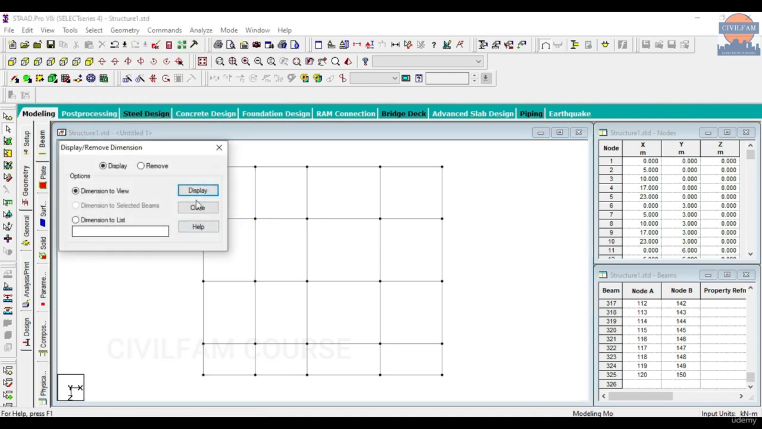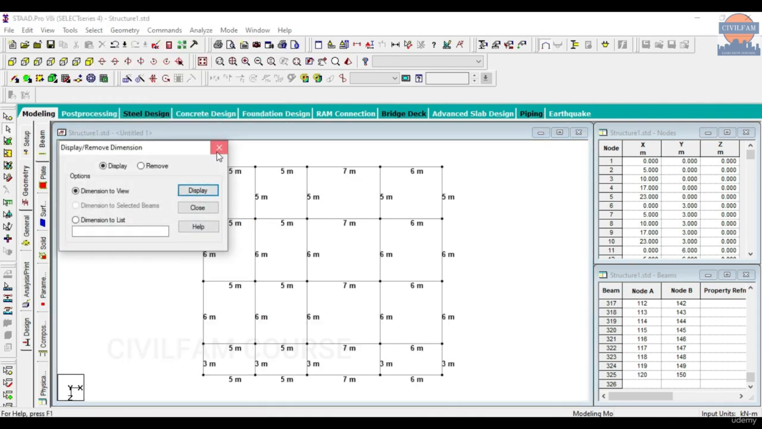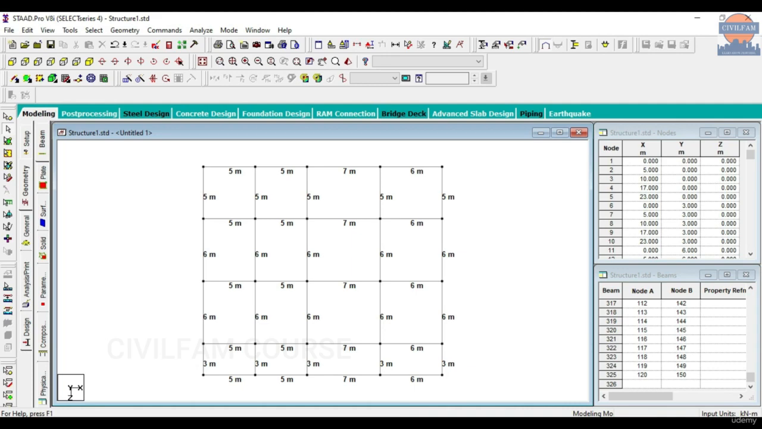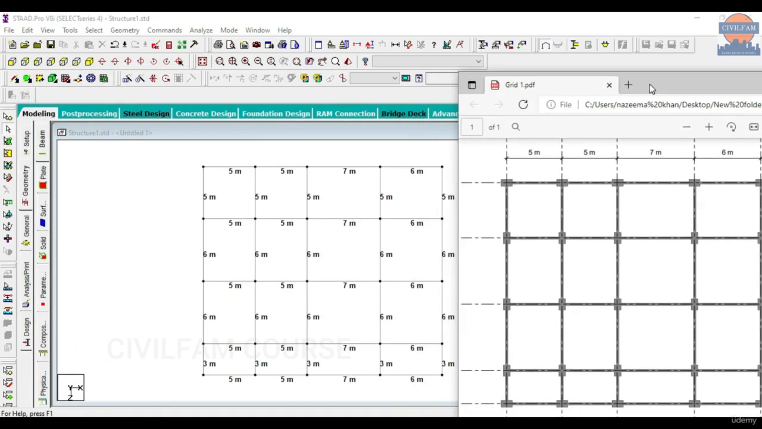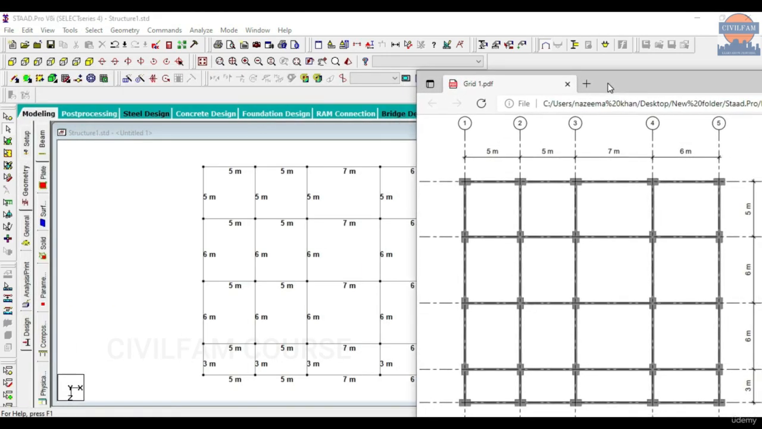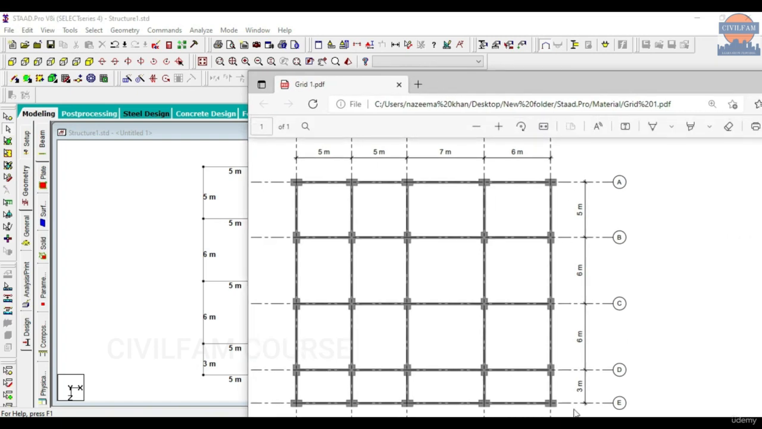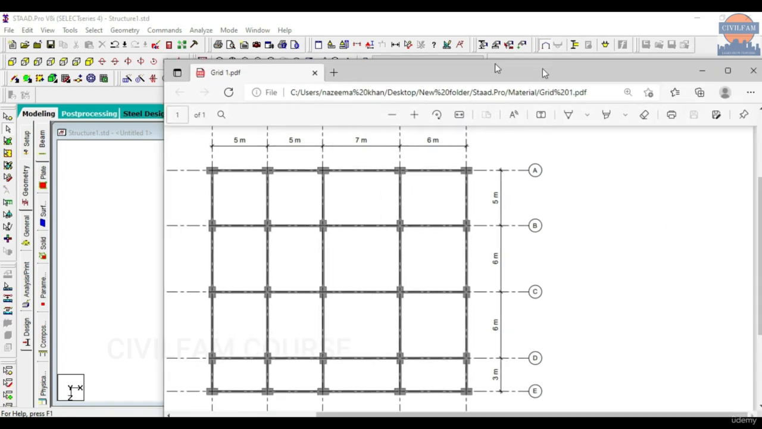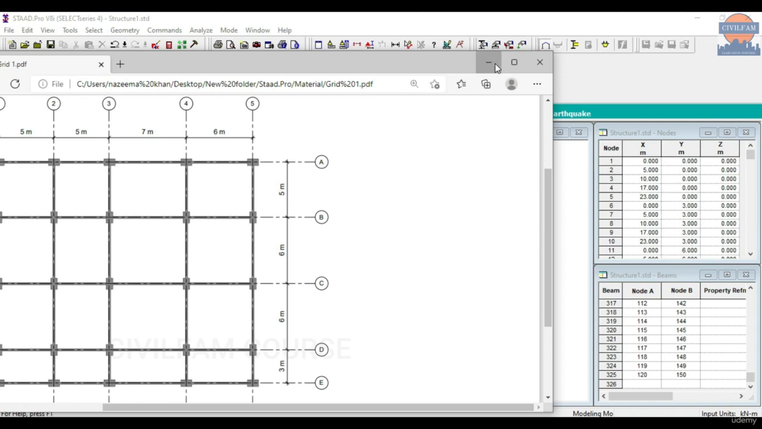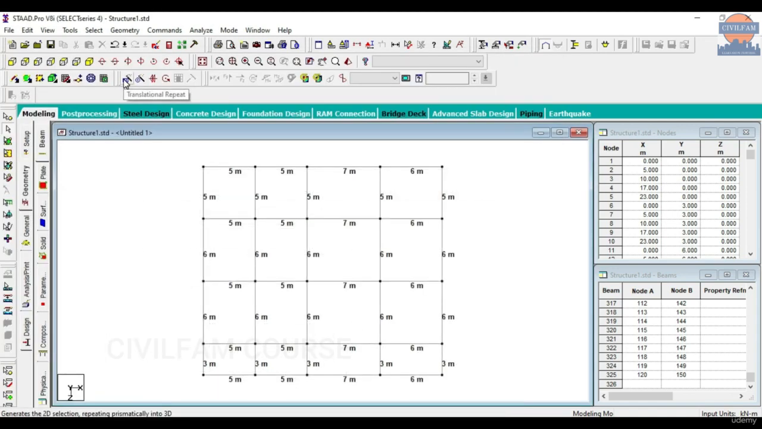I'll go for the dimension of the beam, and I click on display. 5576, 557 and 6, and then I have got what? 5663, 5663. All right. So whatever you want, if you want to do it by translation repeat, we can do it by